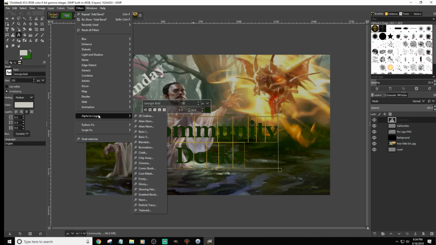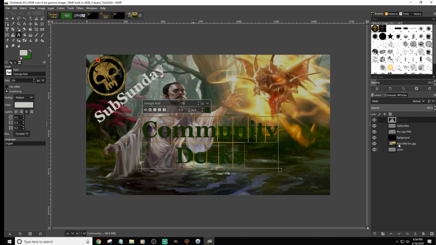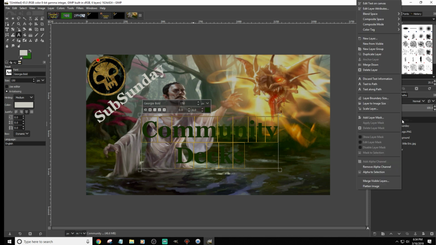But once you get your alpha to logo added, you can use a lot of different effects. We can use alien glow, which will just kind of put this background to things. And we could use something like a glowing hot to put this white background to things. I highly recommend that you just play around with all these different lettering effects. I'll show you guys the glowing hot really quick, but first I'm about to show you why it is so important